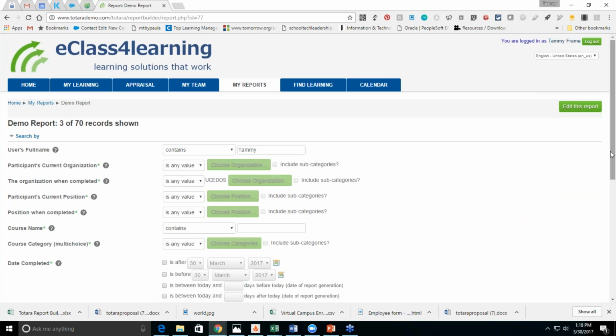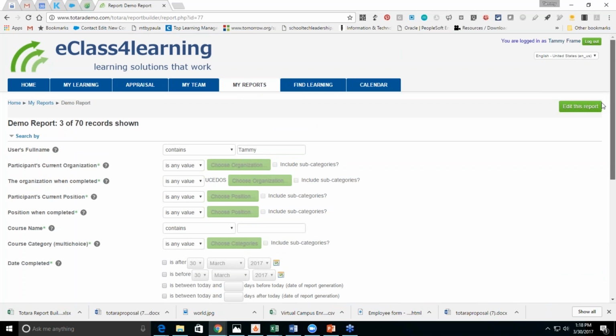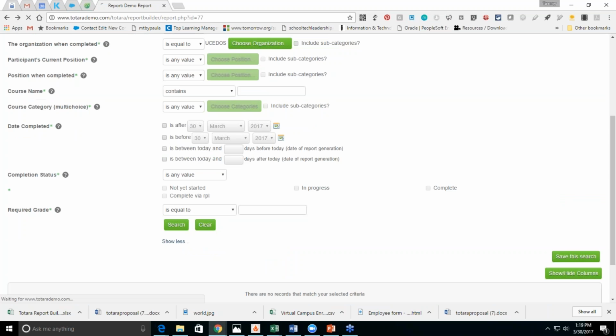Okay, and it is. So under here, these are the compliance courses and the completions that I have. Okay. So that can be very helpful in getting certain data that you want. You can export these, as I said, down here in Excel, CSV, ODS, Google Fusion, PDF, and landscape and portrait. Okay. If we go back to this report